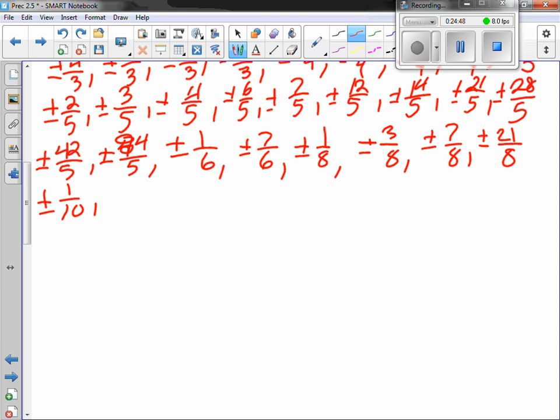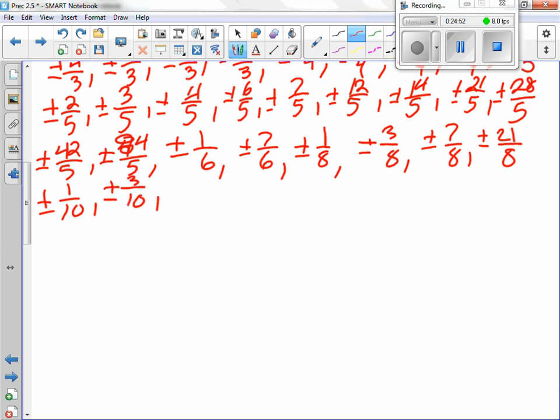1/10. 2/10 is 1/5. 3/10. We don't need 4/10. We don't need 6/10. 12/10 would reduce. There's a common factor of 2. 14 would, 21 wouldn't. 28, 42, and 84 will all reduce down to something that we should have. Because, again, 2 and 5 are the only factors, so if it doesn't have a common factor of 2 or 5,